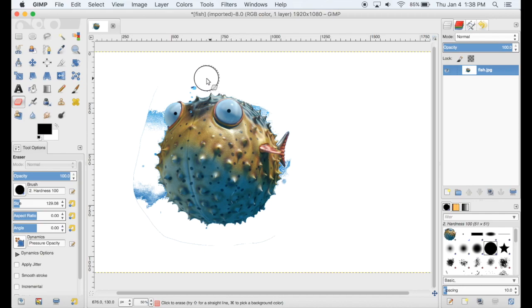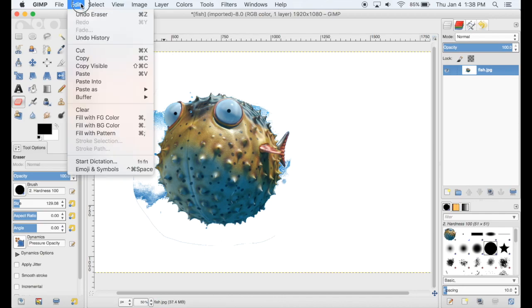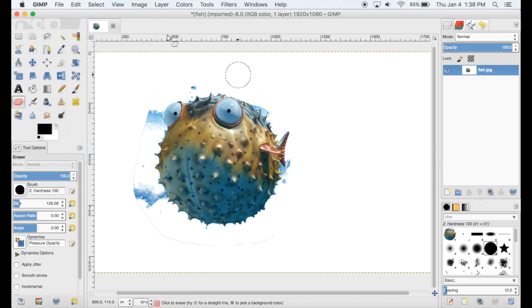But of course it's going to be too big here when I want to get in close. So there, I got a little bit too much, so I undid that. Now I'm going to go around here and get all of the border. As you can see, there's kind of a border around the whole thing I want to get rid of. And there it's gone. So now I got to play around with the size and make this a little smaller